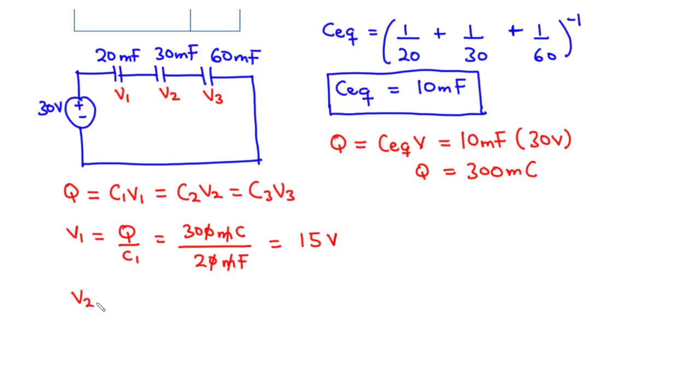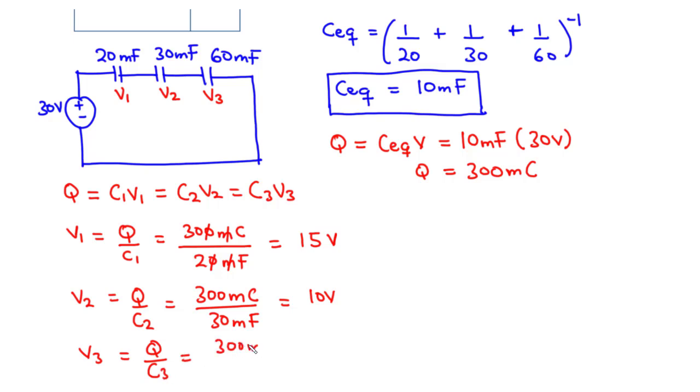So that is V1. Then V2, we are going to have Q over C2, that's equal to the total charge, 300 millicoulombs, divided by 30 millifarads, that is basically equal to 10 volts. Then we have V3, that is equal to Q over C3. So we have 300 millicoulombs divided by 60 millifarads. So this cancels that. Here we have 6 times 5 is 30, so we have 5 volts. So the voltage across 20 millifarads is 15 volts, the voltage across 30 millifarads is 10 volts, and the voltage across 60 millifarads